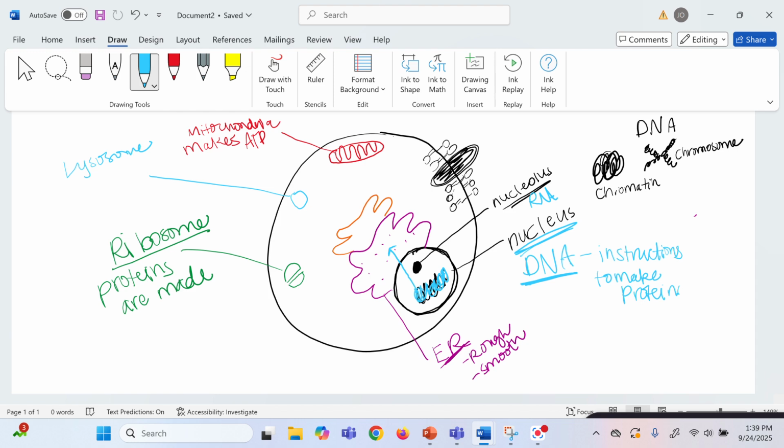Okay, so remember that DNA is like a cookbook. It has all the recipes to make protein. When you make a photocopy of just one, that's like mRNA. It's different. So A pairs with U, not A pairs with T. But it's similar. Okay, and so it goes out and it's going to be transported all the way over here